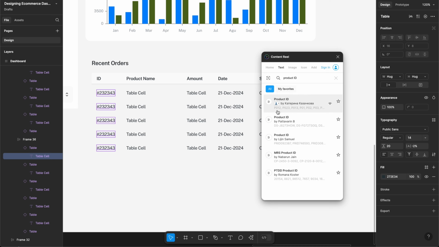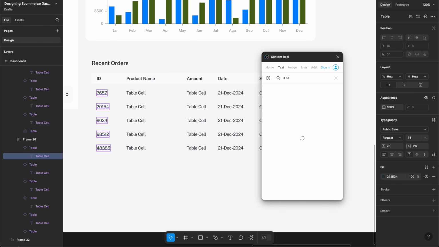I'm also seeing this P02. We can just stick to one. Let me just stick to this one here. Oh, let's look at this. Let me just use this here. But I really would have loved to see something that has the hash. I know definitely there is something here, but